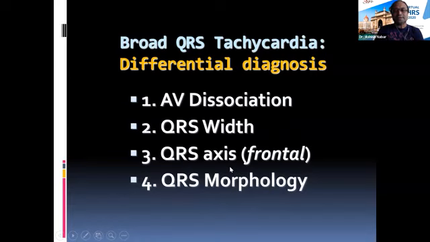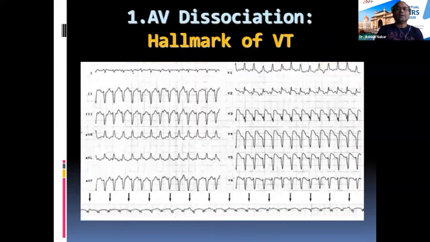But it's the width of the QRS, the axis of the QRS, and the morphology, whether it's LBBB type or the RBBB type of wide QRS tachycardia. So for example, if you look at this ECG, you must know where to look. If you see a wide QRS tachycardia and start searching for your P waves in this lead, which is already so wide and so tall, so deep, you will never locate a small P wave in this lead,